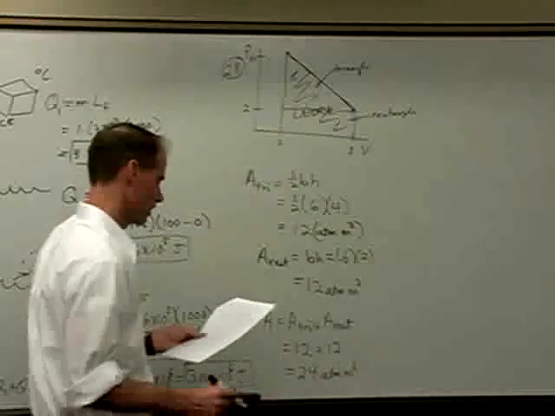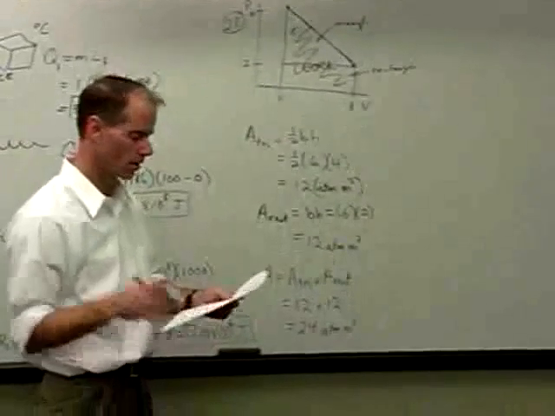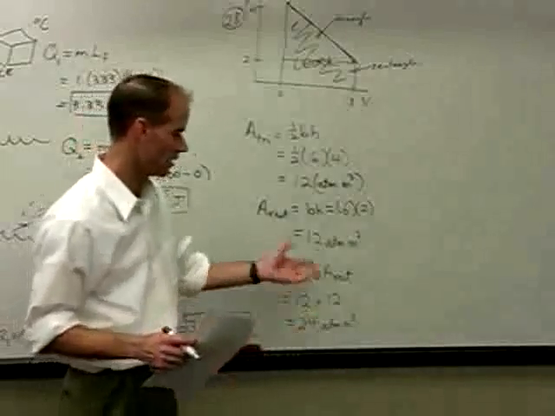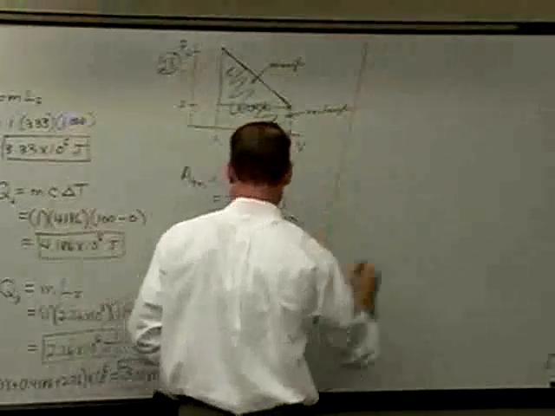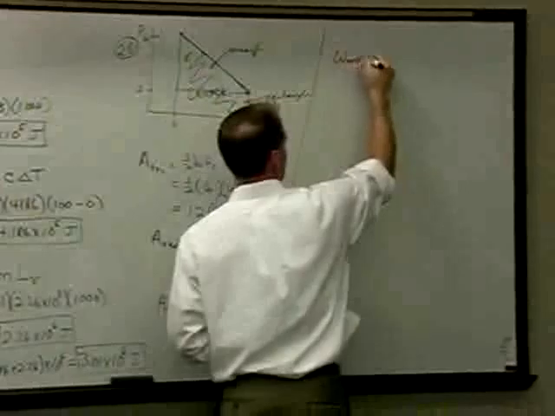We probably want to put this in terms of joules. We want this in terms of work, which is energy. So let's convert atmospheres to the SI system. And so we'll say that the work we're looking at, which is